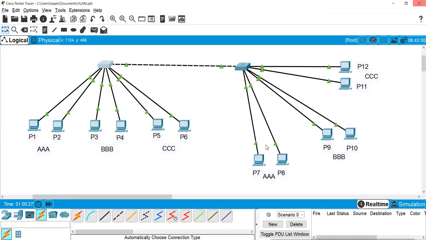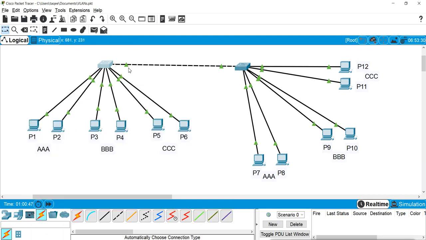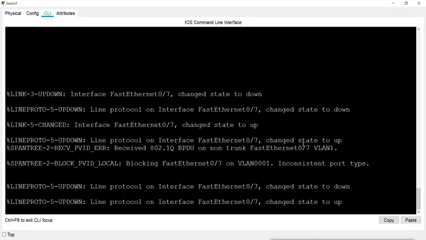Now the same I will do for the other switch also. So I will go to this switch. Now you see both the ports are now up and running. Remember, if the encapsulation protocol is not matching, they will not enable. If the trunking protocol is not matching, then they will not enable, because that means in this switch I configured it to be a trunk port, but in this switch I have not configured it to be a trunk port. That means the port will not come up, but here the ports are up. Now why are the ports up? Because the ports are in the default state, and that is dynamic desirable.